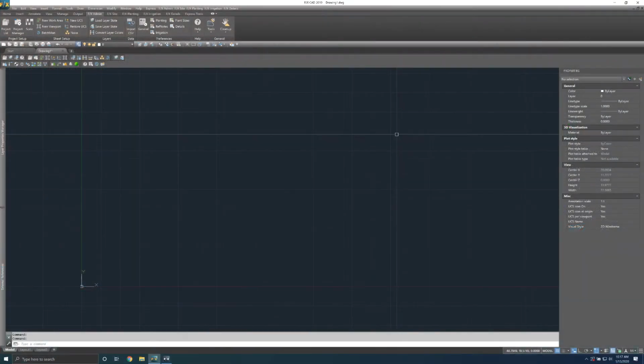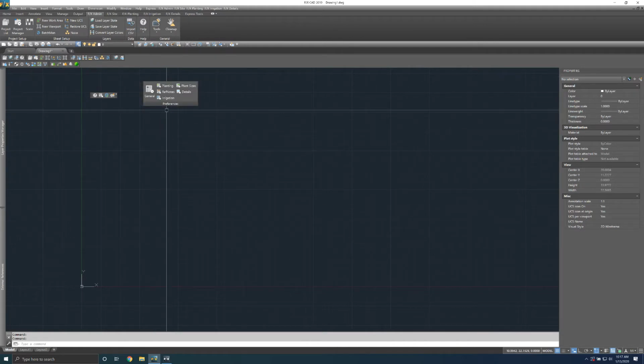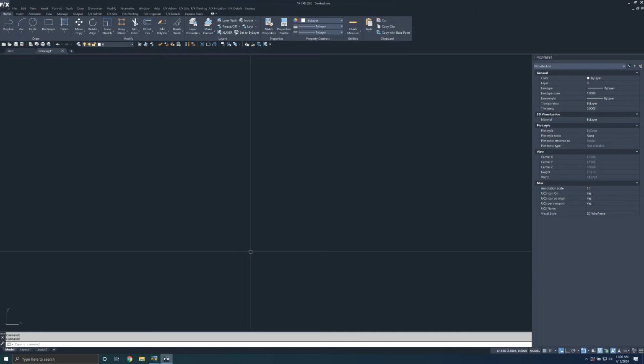Here you can see the newer AutoCAD ribbon along the top of your view and the older toolbar style below. The toolbars, as you can see, are capable of being moved around your workspace to be positioned where you like and take up a minimal amount of space, whereas with the ribbon, you end up with quite a large chunk of space taken up. Now moving over to FXCAD 2020, you'll notice that land effects is no longer an option